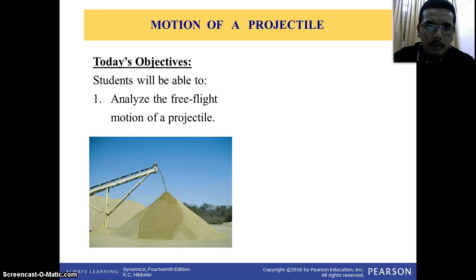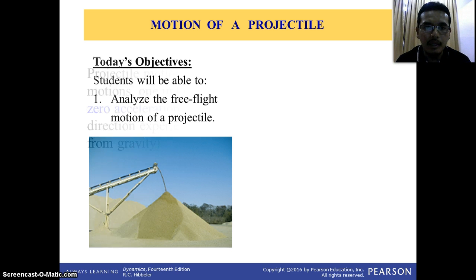So now we move to another topic in this chapter, referring to the dynamics textbook. This one is the first chapter, but in our statics and dynamics, this should be chapter number 8. In this topic we want to study the motion of a projectile. The objective of this lesson is that you should be able to analyze the free flight motion of